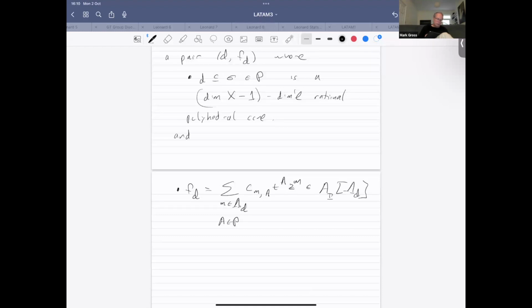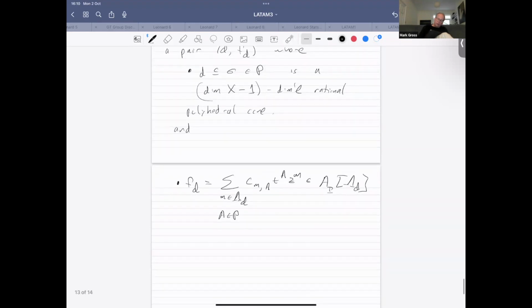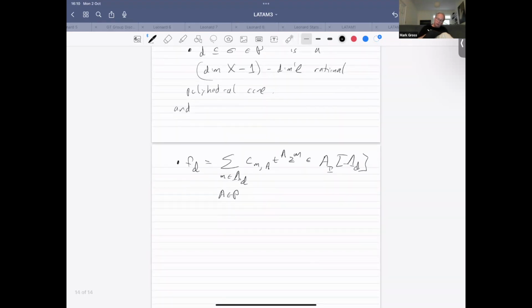So what does this mean? Here Lambda_D is the lattice of integral tangent vectors